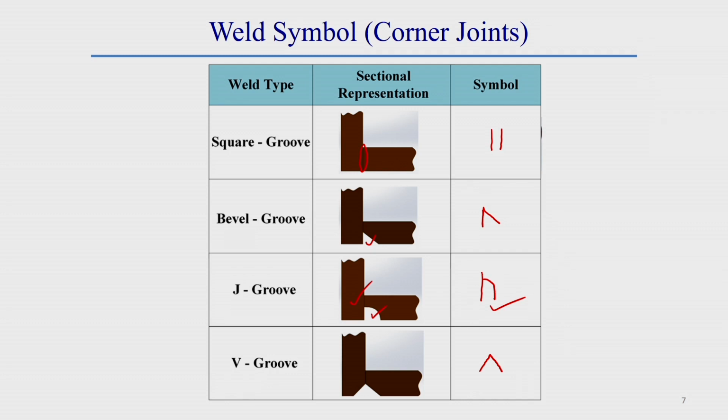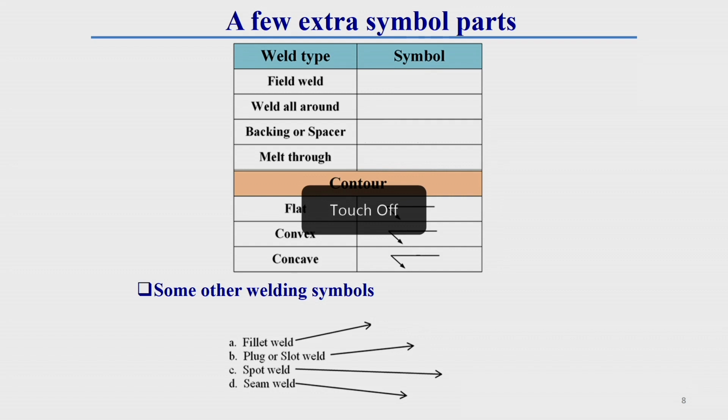Now, we will get different information about weld symbols, like how the field symbol is represented, a few extra symbols which we should know. Generally, a field symbol is represented in a weld symbol by a plug-like shape element. If a plug-like shape is there, then this is called the field symbol.